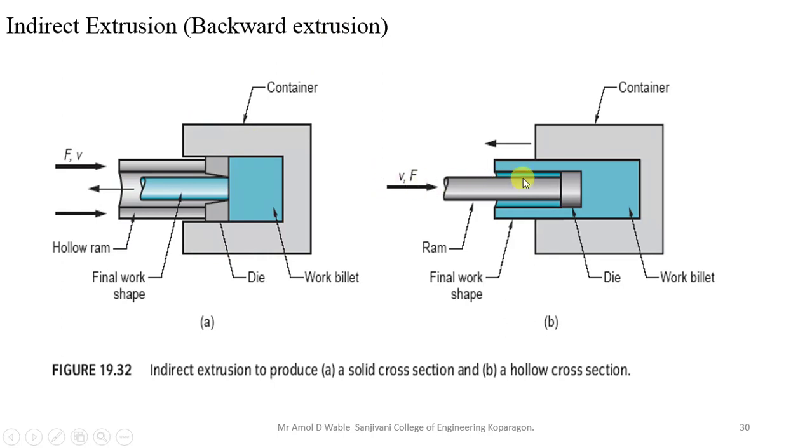And if you want a hollow part to be made in indirect extrusion, you need to provide a plunger in this way, and whatever the thickness of your pipe or job will be, that gap should be kept between your container and the ram, and you will get output as a circular cross section. The first advantage of this indirect extrusion is that it requires very little force, as it flows the material in the backward direction, and there is an absence of or very little friction generated.